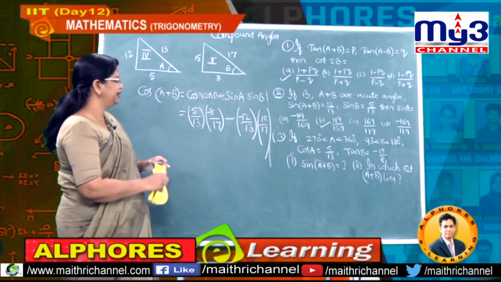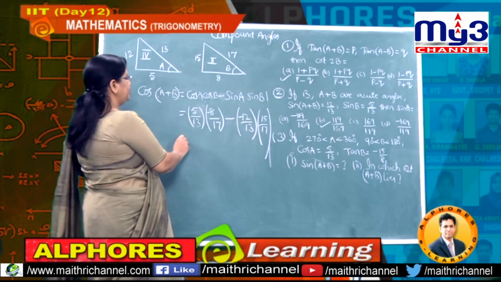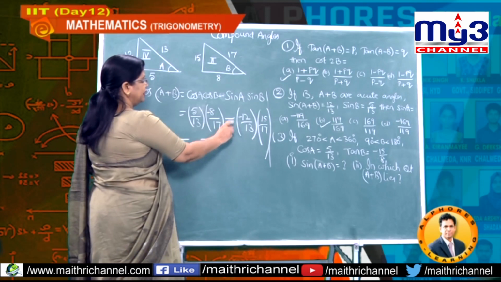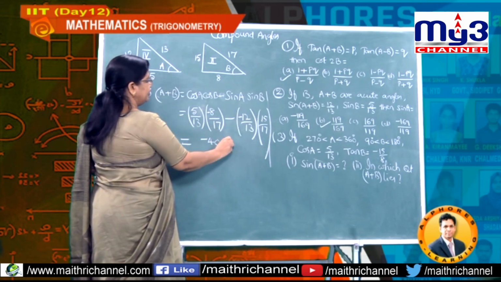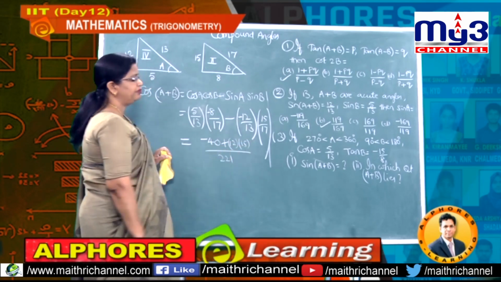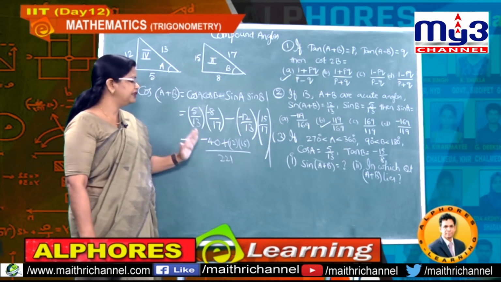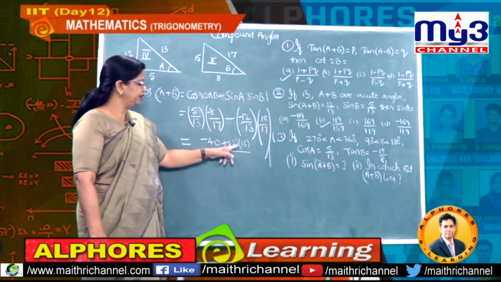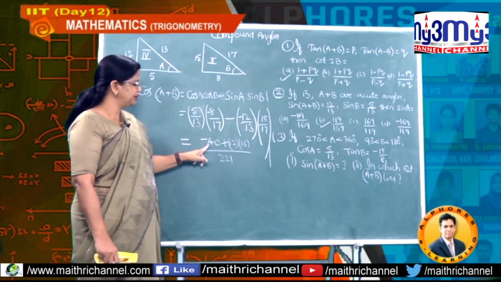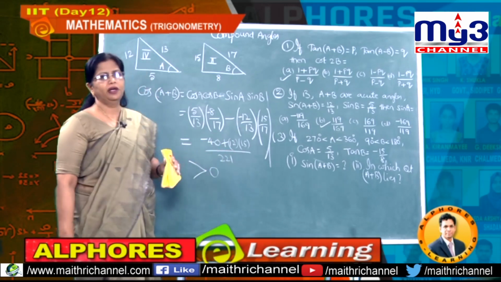So finally students observe, again the denominator is the same, numerator here you got minus 40, and here you got how much? Plus 12 into 15, understand? Denominator earlier we observed 221. Now don't simplify, not necessary, just observe whether it is positive or negative. Clearly observe this is the larger value compared to 40. Therefore, this numerator is positive.